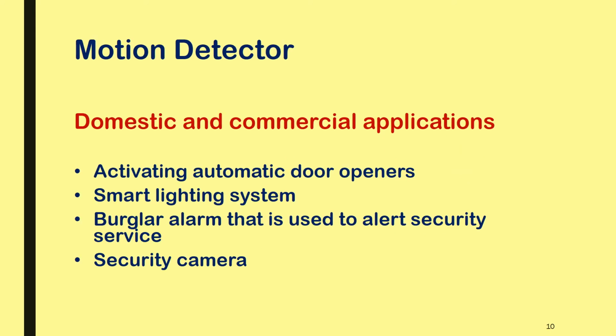Next one is the motion detector. As a part of this session, I have covered 2 things: one is the relay and another one is the motion detector. Now, a motion detector is especially used in detecting some sort of moving object, or even living objects, particularly people at some place, anywhere.